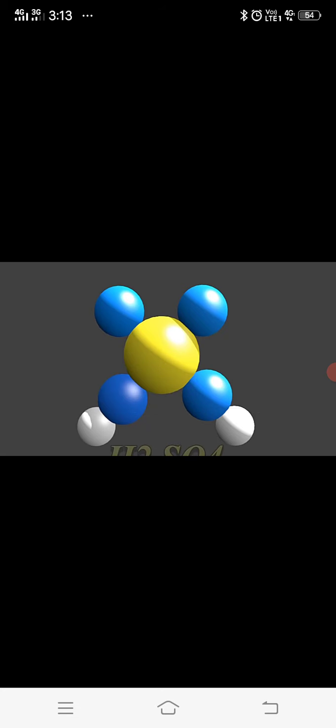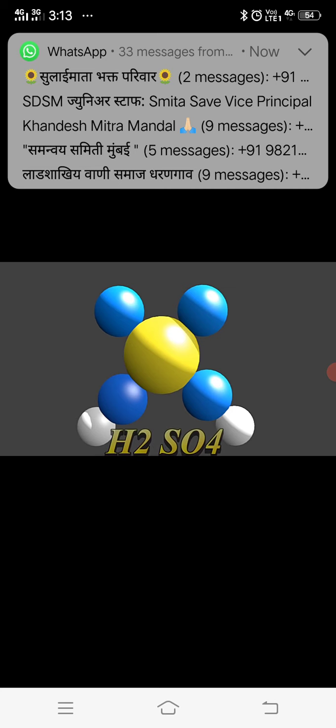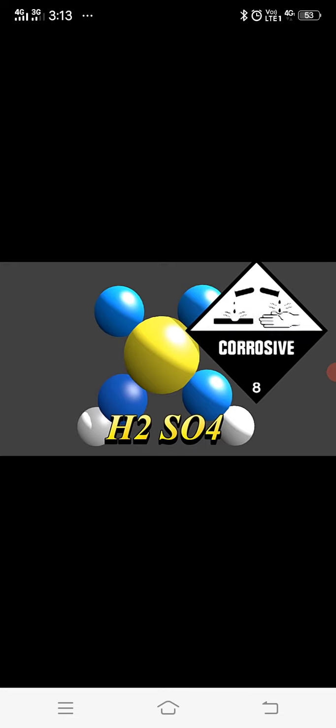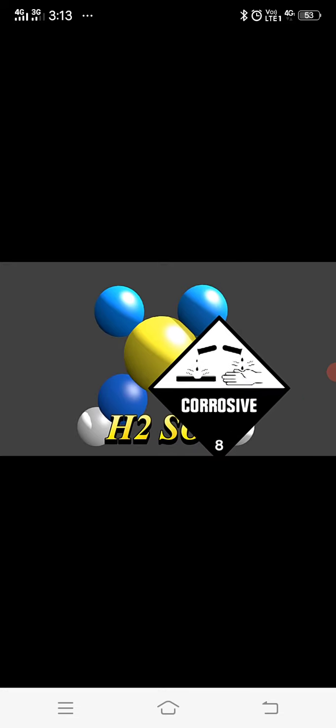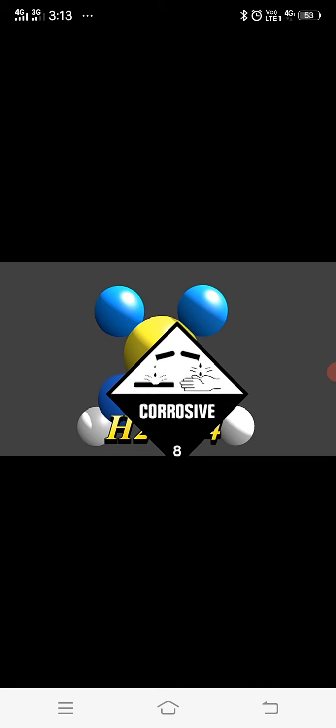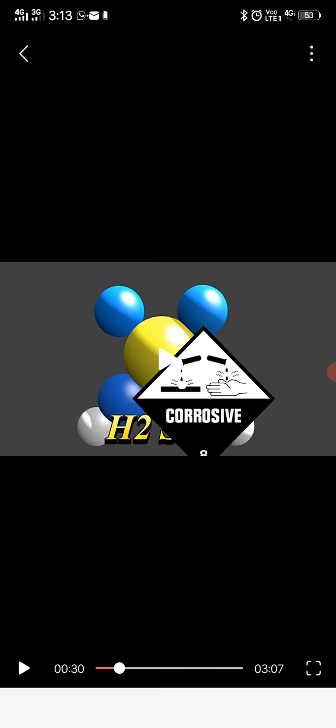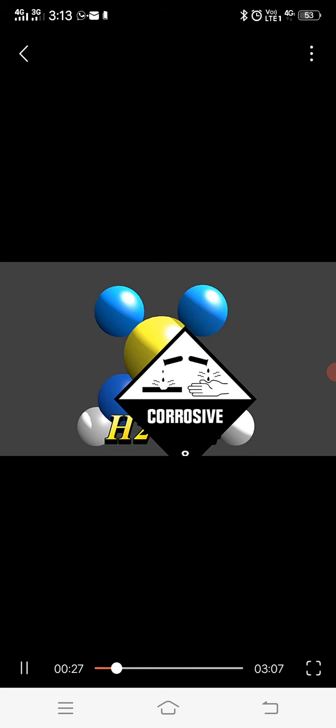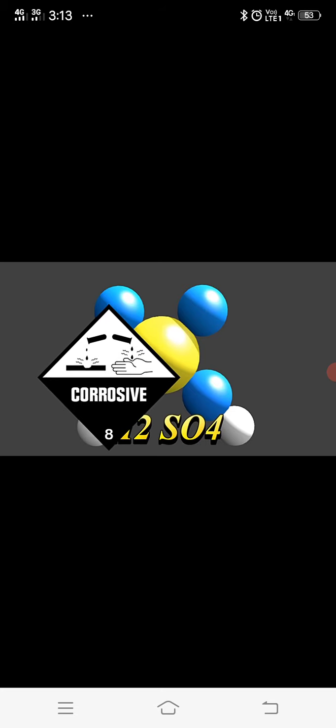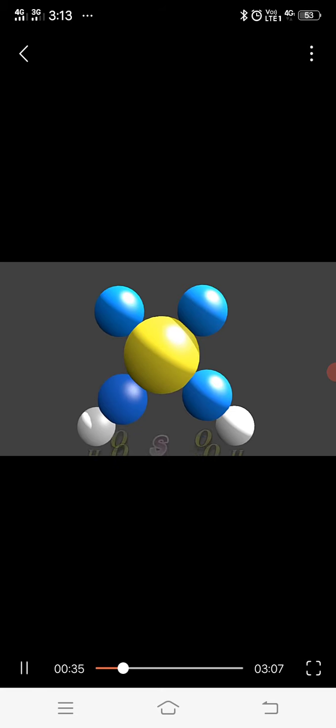This animated video shows the process that how to make the sulfuric acid by contact process. Sulfuric acid is a strong acid that is highly corrosive and used for different applications in industries such as cleaning, chemicals, manufacturing, wastewater treatment and many other products. Chemically it is bonded with 2 hydrogen atoms, 1 sulfur, and 4 atoms of oxygen.